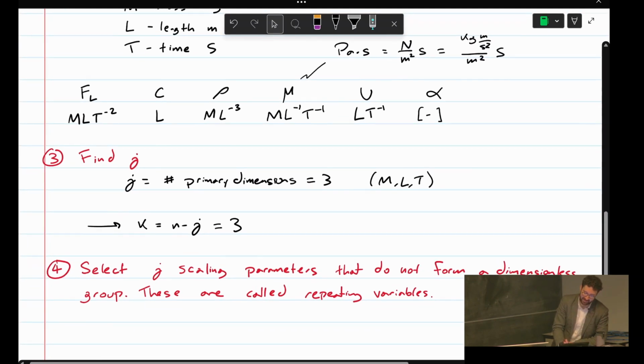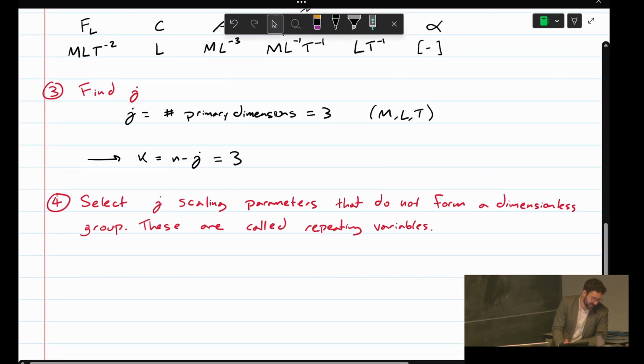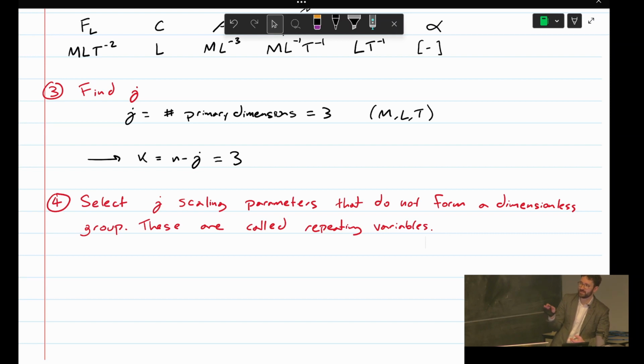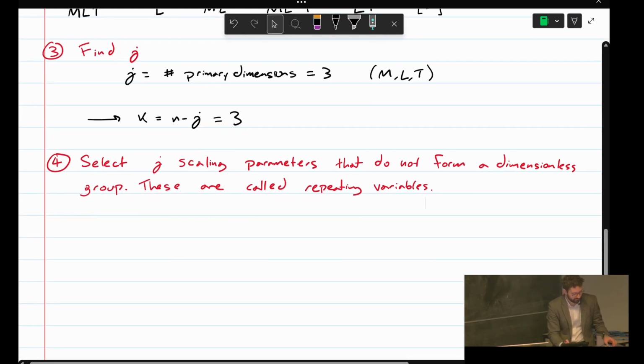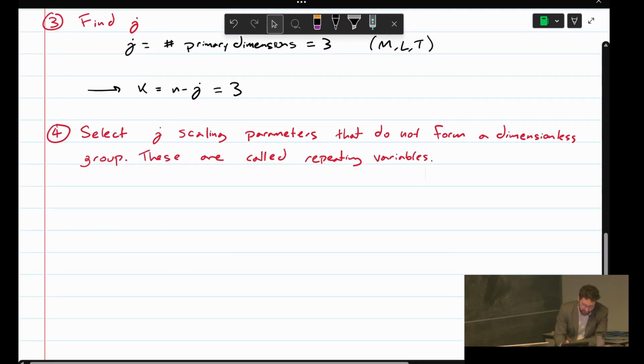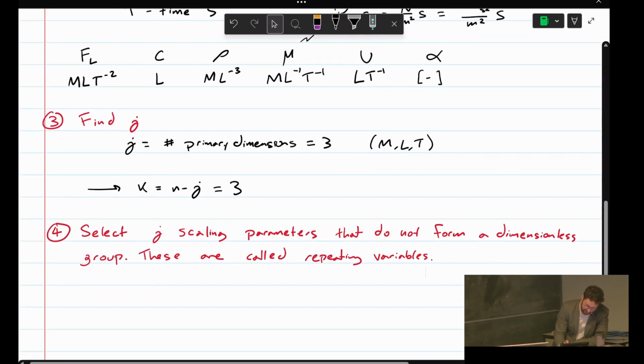But there's really no guidelines as to what you pick for them, other than pick simple variables, okay? And the ones you pick can't form their own dimensionless group, and they have to have all of the dimensions in our problem. So I'll give some guidelines later on, and summarize what I just said. But our simple variables, maybe,